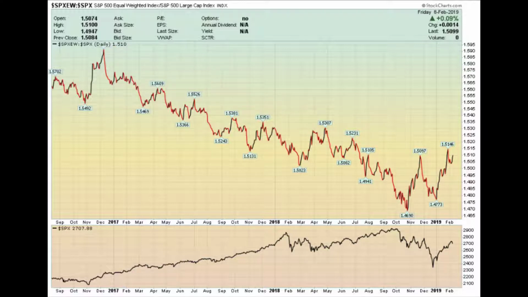This decline simply means that the lower weighted stocks had stopped going up and were starting to go down. And as the index went up, there's a smaller and smaller number of stocks participating in that. So this is your first clue that there's something going on that you really need to stop and pay attention to.